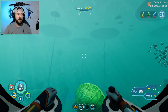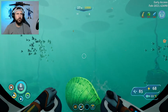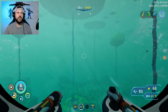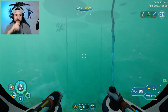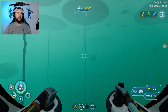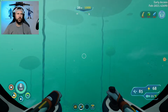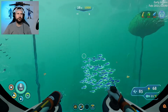And if you find that, what we want to do is find a bearing directly between southeast and south. We're going to go right down the middle. And you want to again stay relatively close to the surface in that 20 to 50 meter bracket. Keep going through these lily pads. And once you get to here, you will start to see two of the closed lily pads, again little lone soldiers hovering in the water. If you go between those two, this one on the right is going to be our key marker,